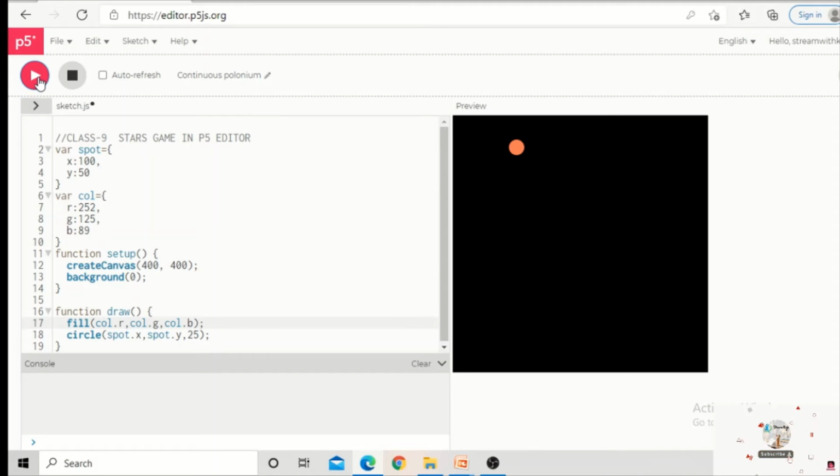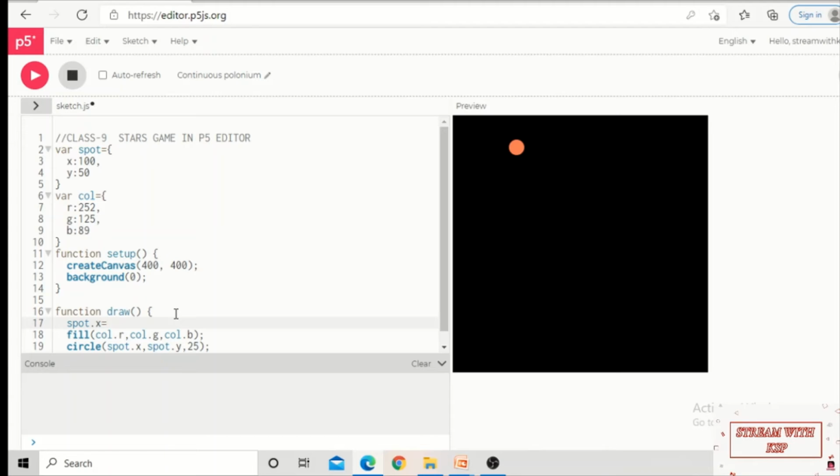So these are all the things we have already done in the previous classes when we discussed the fill instruction, as well as the JavaScript object. But coming to today's concept, that is random. So now let us print a random number on the screen and see. If I want to do that, I will be using spot.x. So let us write spot.x. I want to generate a random position for my circle on the canvas.